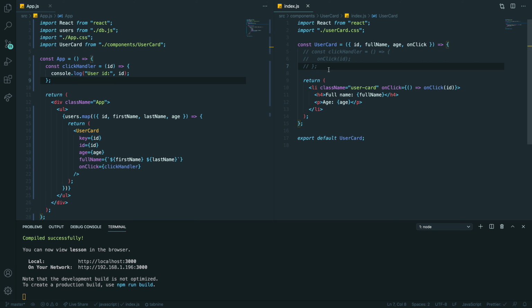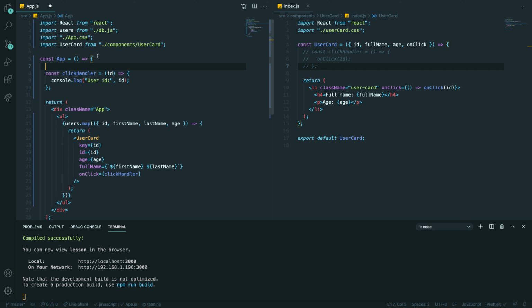I'm just quickly thinking about a good example to show that we are actually re-rendering the component. Okay, I'll show you the difference in this way.